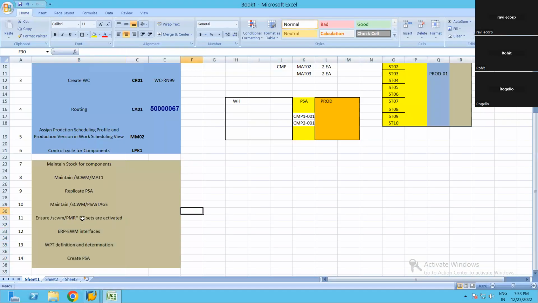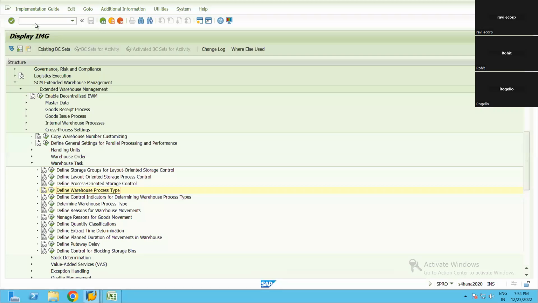Next, once we create the production order in S4, it is getting distributed to EWM, and it is creating a PMR document, right? So for that, first we need to make sure whether the configurations related to PMR are in place or not. So what are the configurations related to PMR? We have document types, we have item types, and we have other related configurations. Okay. So for that, SAP has given a standard BC set, SAWM PMR star. How to check that